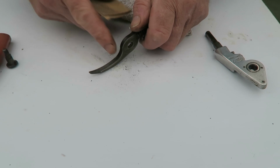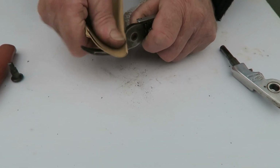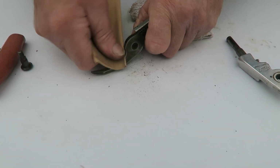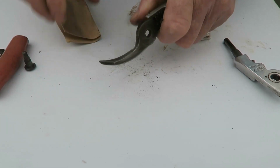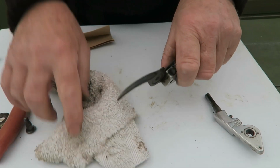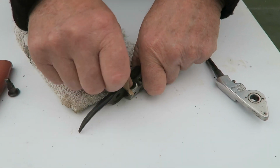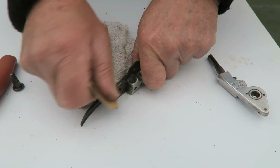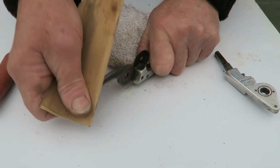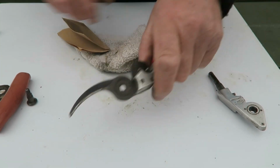And then this blade here, carefully run round it like that. That's that done. Let's clean that and have a look. The back wants doing as well. Good point. Give that a wipe. Now this side,